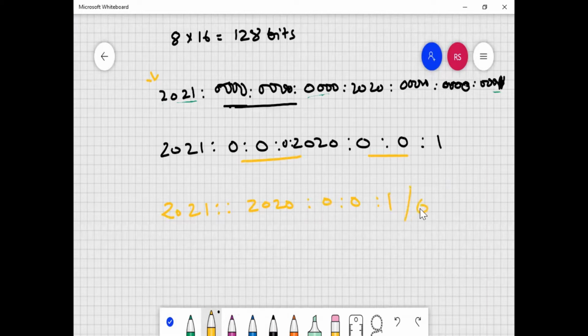And again, generally, it will be 64 only. Generally, as I told you, the first 64 bits are your global prefix network portion, and the last 64 are your interface ID. So generally, the slash notation you will be able to see is slash 64.